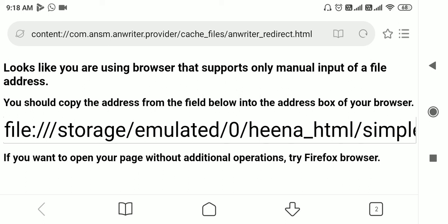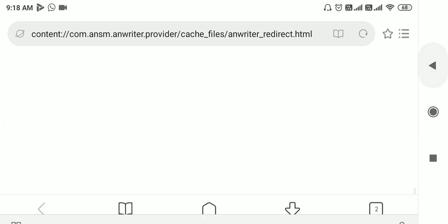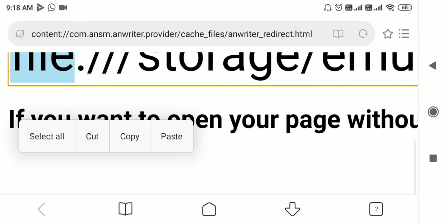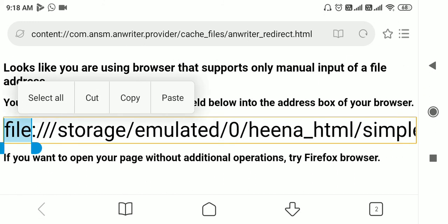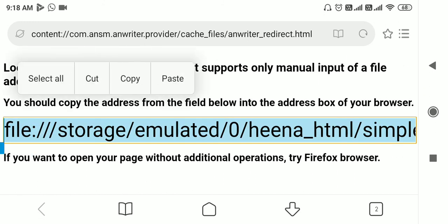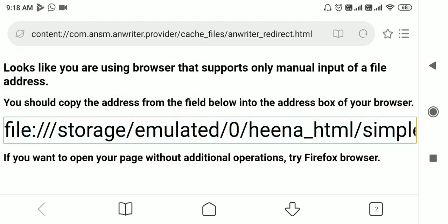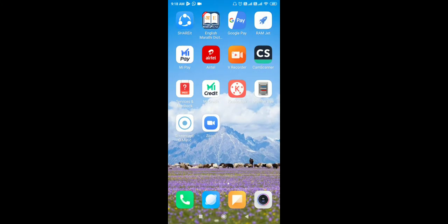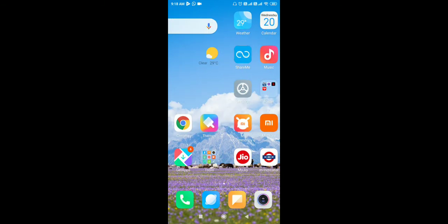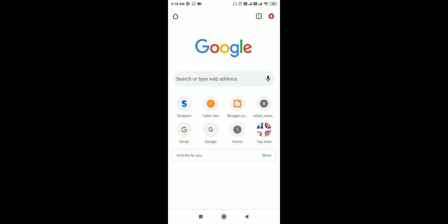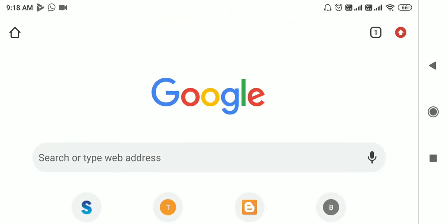We are going to copy this whole path. So I select all, then select the option copy, then go to the browser, open the browser, and paste this path.